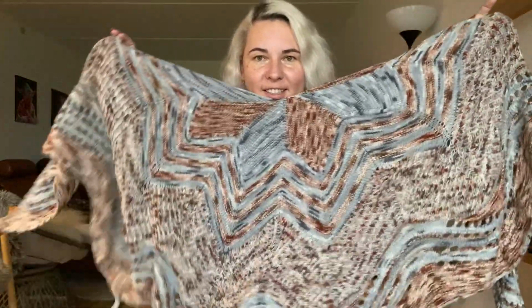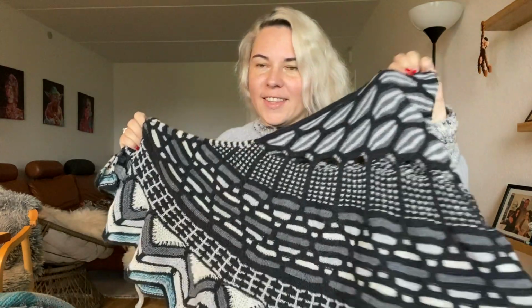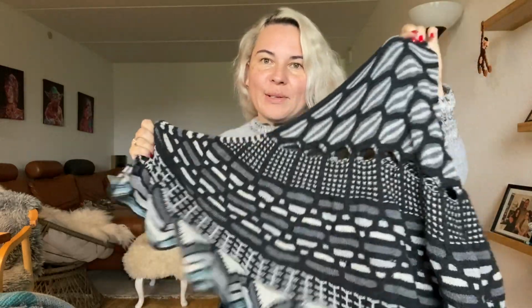I saw some people have this not that big, so maybe if I was binding off earlier than this, I don't know, but I'm really happy that I made this. My next shawl is called Slipstravaganza, and it's quite dark. If we compare this to the previous one, I think